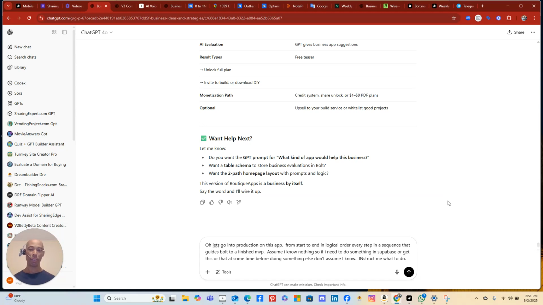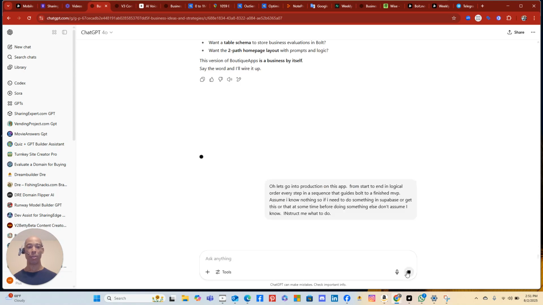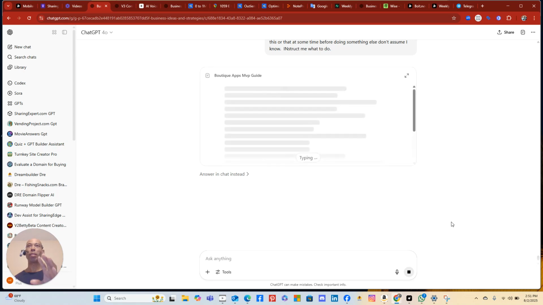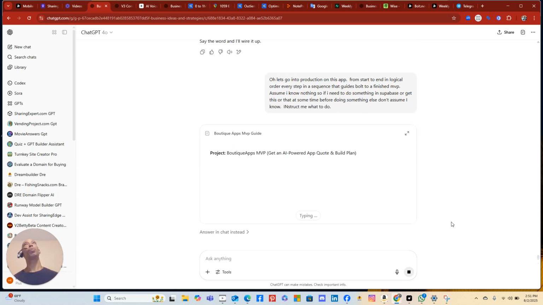And now instead of building the original app I had in mind, I'm building a tool to evaluate ideas for an app. It's going to have two parts to it. One part is for two people. It's two entry points. One, if you're a business and you want to describe what your business is, what it does,